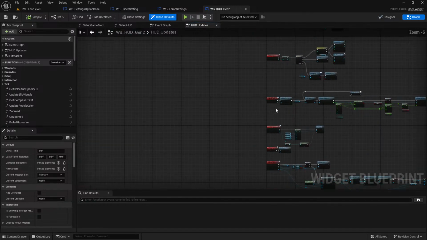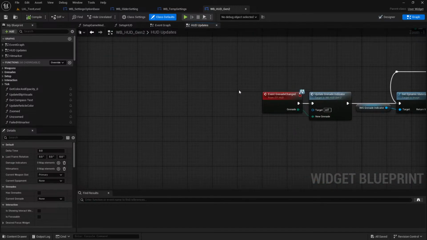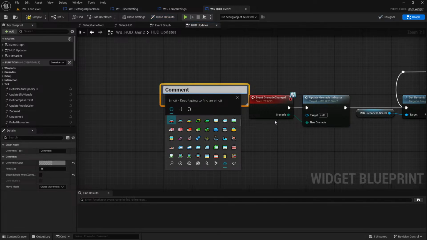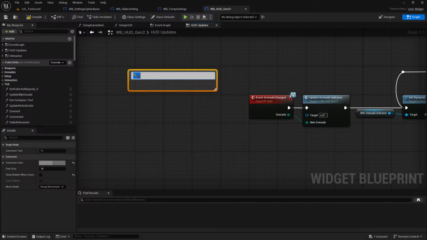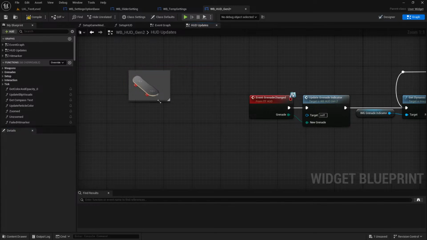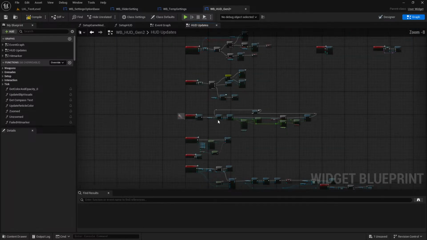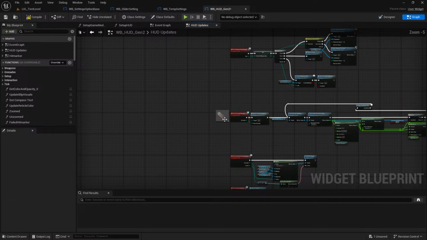One of the things I actually just found out is a really cool tip, and I need to start doing it in my blueprints. If you create a comment, you can press Windows period to bring up the emoji menu, which if you guys didn't know, you can do, and you can stick emojis in Unreal. Set the font size to like 80, then resize the comment to be pretty much the size of the emoji, and you can stick that next to your code. That way when you're zoomed out like this, or maybe let's go like 120,